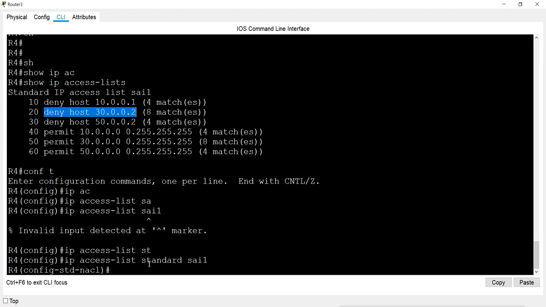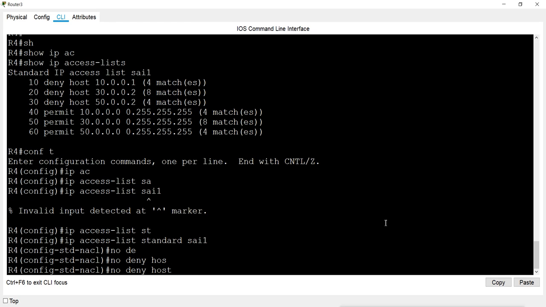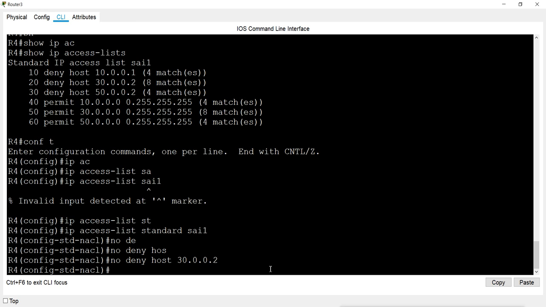What I will do here is say no deny 30.0.0.2, and do I have to give the wildcard mask? No. Or let's say I will use the host keyword. So I want to remove this entry, deny host 30.0.0.2. This is the entry, and now it is removed.